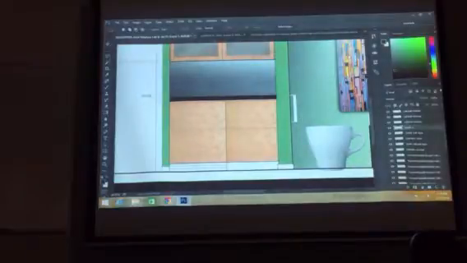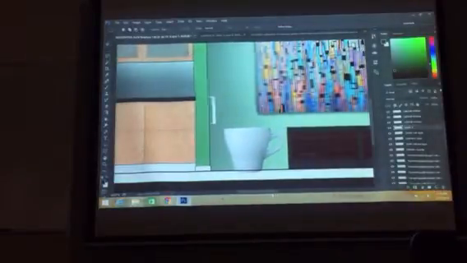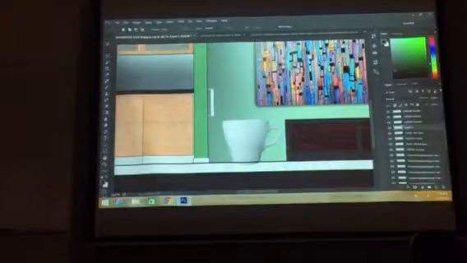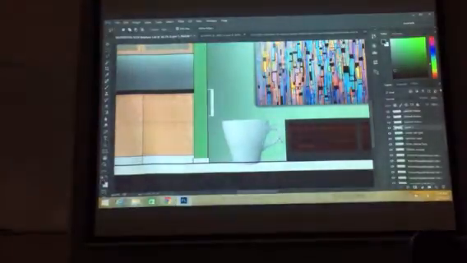Get rid of that stuff. Maybe I use the lasso tool to get this one. Just select that like so, and hit delete, clean it up, do a deselect,